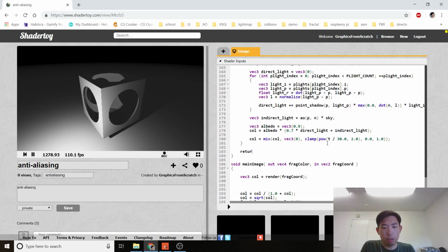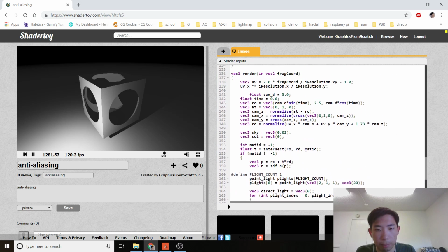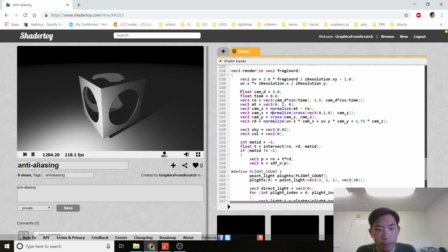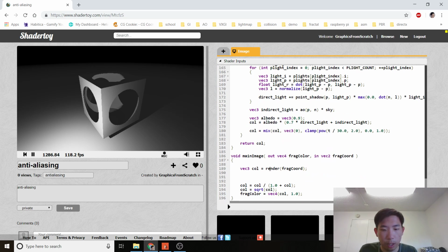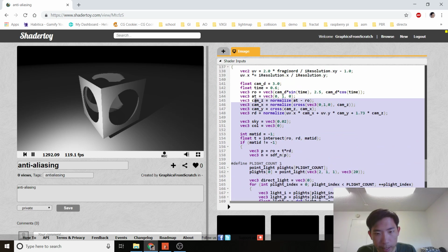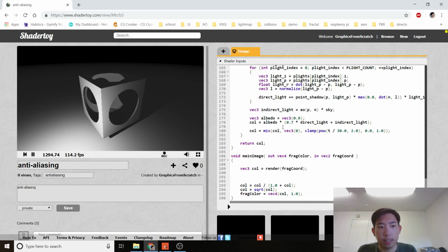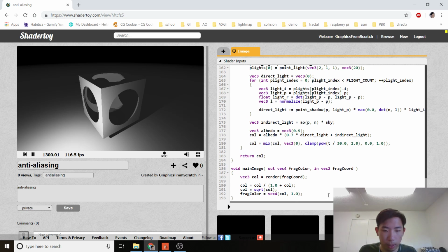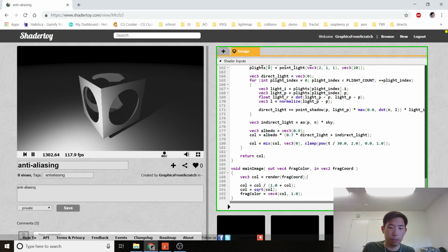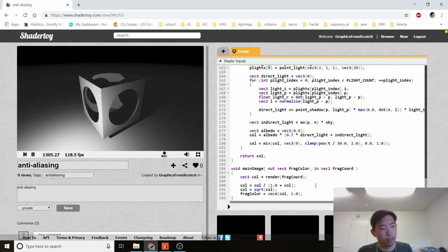So here's the bulk of our computation, right? It is compiled and it looks exactly the same. It's very clear now, in order to do super sampling, we have to call the render function more than once. And the bulk of the shader code is inside the render function, therefore it's going to be 4 times as expensive to render the scene. I don't know why super sampling is not the most ideal anti-aliasing method, but it is the most simple, and it makes the most sense to beginners. Okay,